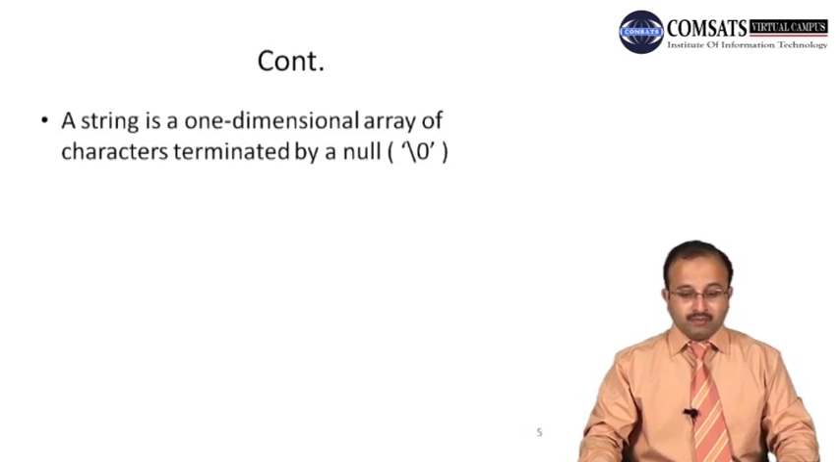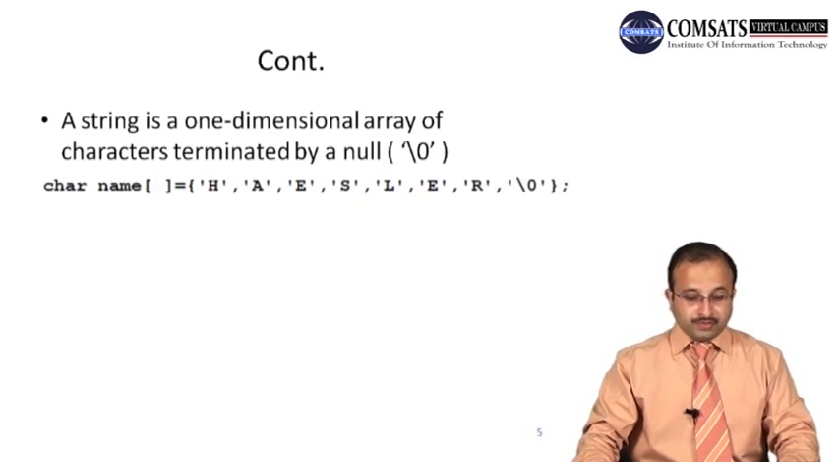A string is a one-dimensional array of characters terminated by a null character. So that is the speciality of the string, that it always terminates at a null character, and the null character is represented by backslash and 0. So let's say this is a string initialization. This is the name of the string, name. We haven't specified the size of the string. So the size of the string would be 1, 2, 3, 4, 5, 6, 7, 8. So 8